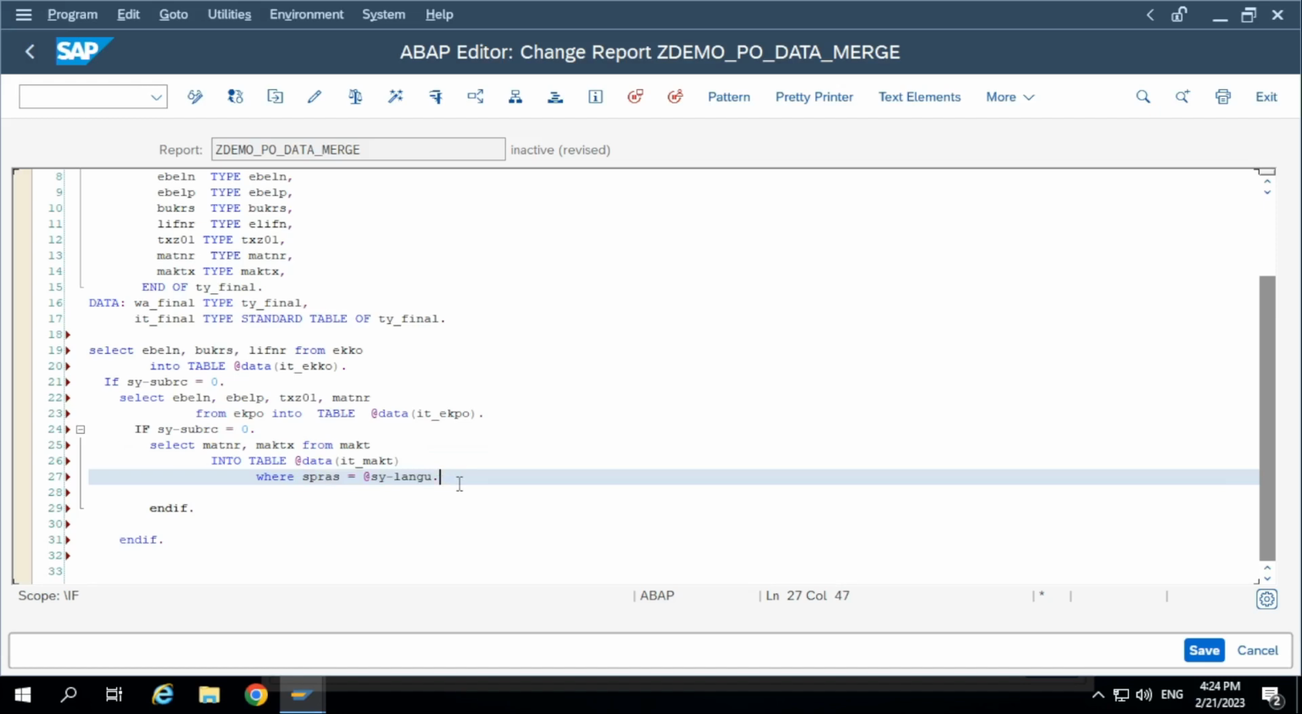Otherwise you are going to select the same record in multiple languages. For example, there is a material 100, where 100 is the material number. The material text is some car, right? The text is being maintained in the MAKT table in multiple languages. If we don't pass the language as a condition, it will select multiple records, the same